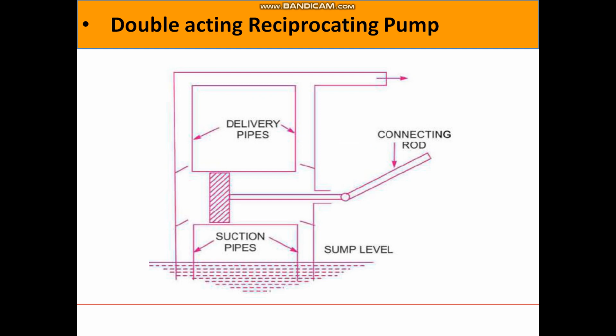It consists of two suction pipes and two delivery pipes. Now in this diagram we can understand that when the piston moves towards right, then suction valve in the pipe number 1 gets open due to decrement in the pressure of liquid towards the left side of the piston. Due to the movement of piston towards right, whatever liquid is available in its previous stroke at the right side